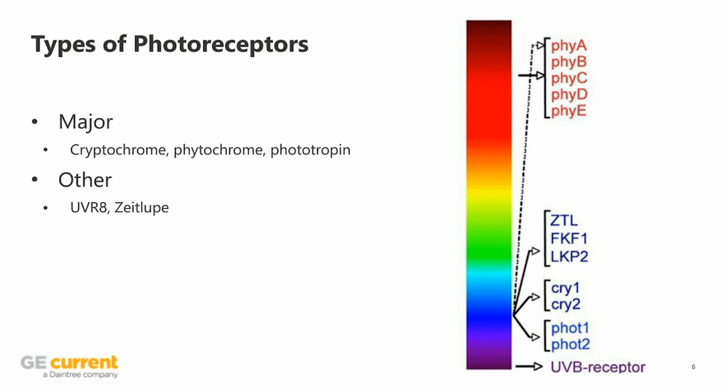Now, when plants are growing next to each other, they cast shade on one another. That will change the ratio of blue, green, red, and far red as compared to what it would be in an open sky setting. What is happening at that point is you're getting an increase in greens and reds in the lower parts of the canopy, because the upper part of the canopy is absorbing the blues and reds. So as you go down through the canopy, that light profile changes, and that is telling the plant, okay, we're being shaded now, we're competing, we're in a race here,